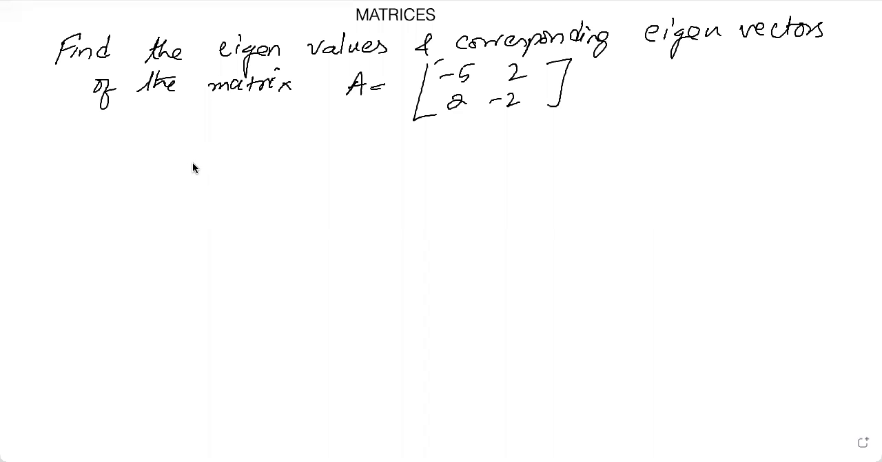Okay, let us find the eigenvalues and eigenvectors for the matrix, which is A here. Okay, so let us solve this. The characteristic equation is